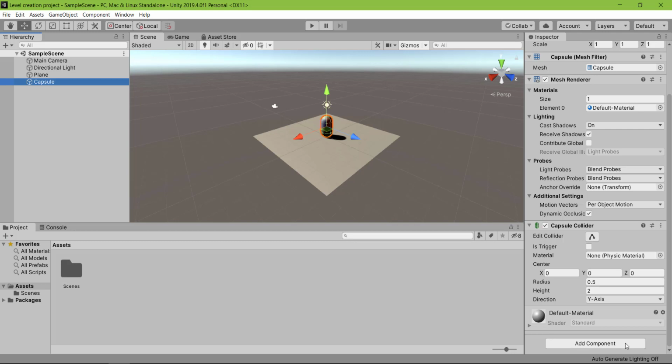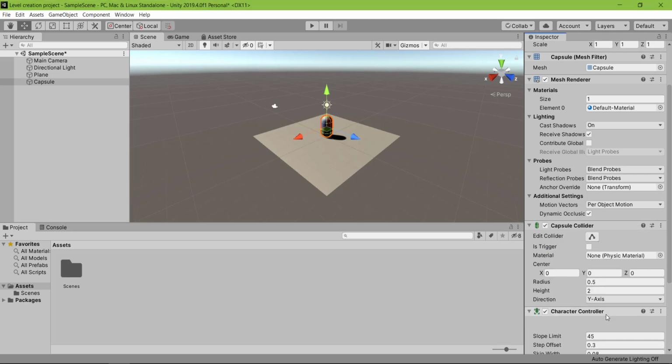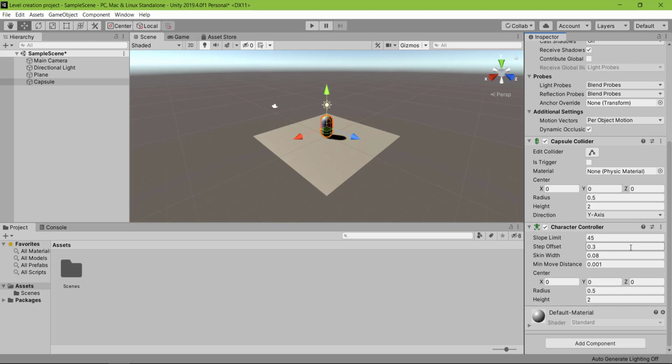Let's click that, and you can see that there are many options. So let's search for character controller and attach the component. Okay, I'm not going to tweak these values at the moment. Let's just create a script and make this behavior.